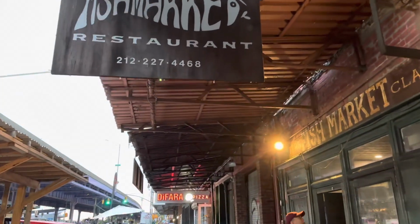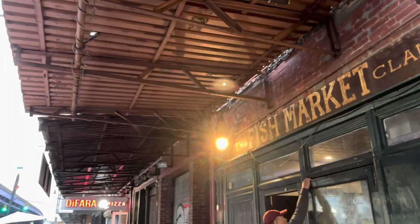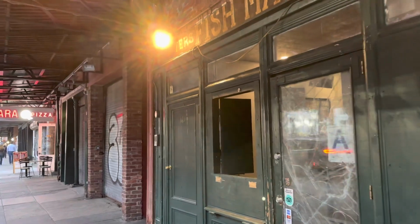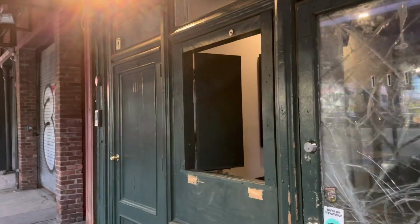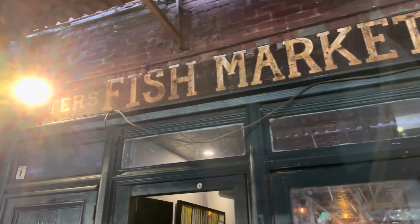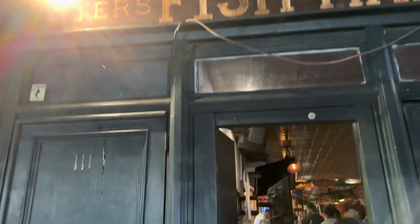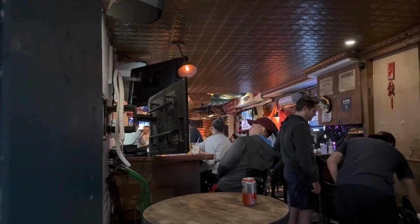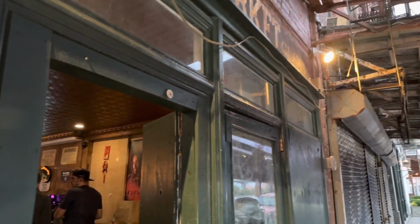Welcome to the Fish Market, located at the South Street Seaport in New York City, in Manhattan. The Fish Market name was inspired by the Fulton Fish Market, which was a seafood shipping hub for many years in New York City. This place, as you can see, guys, is pretty much a very unassuming,